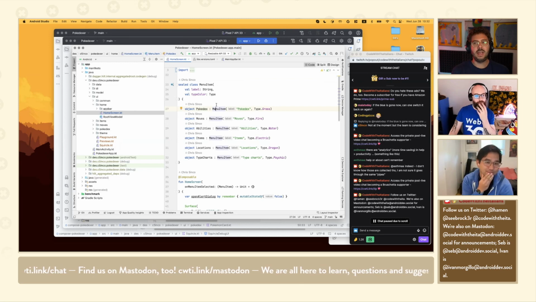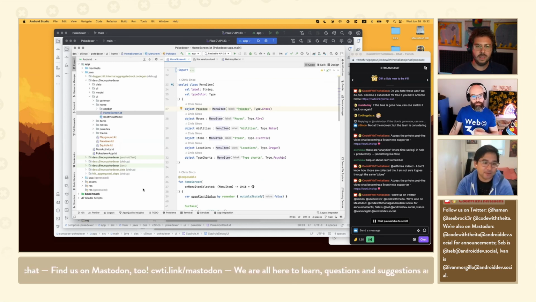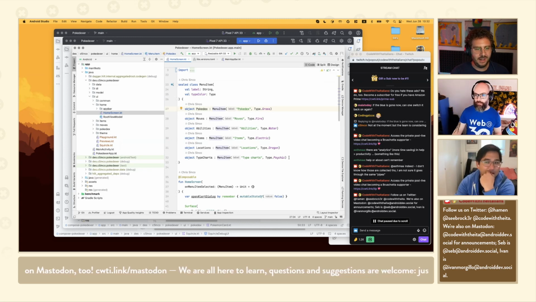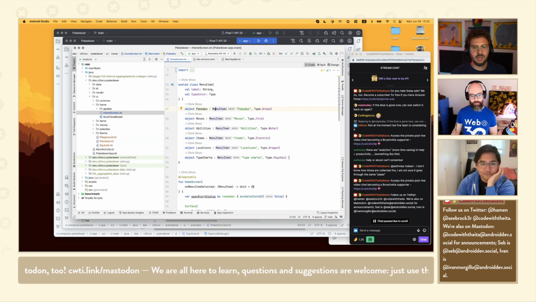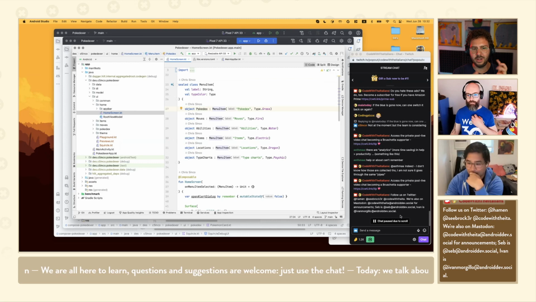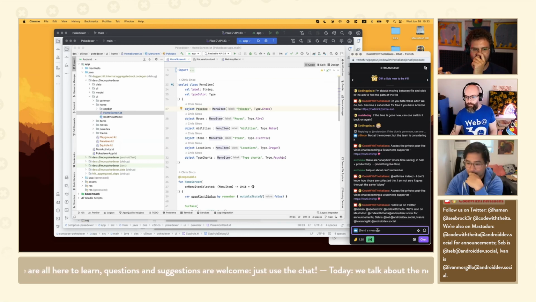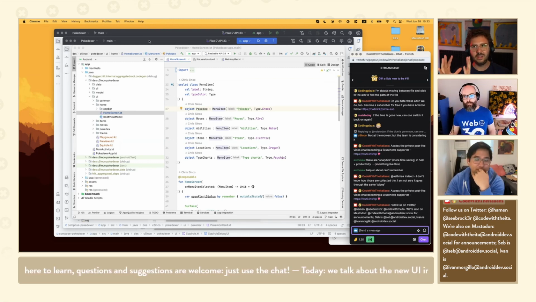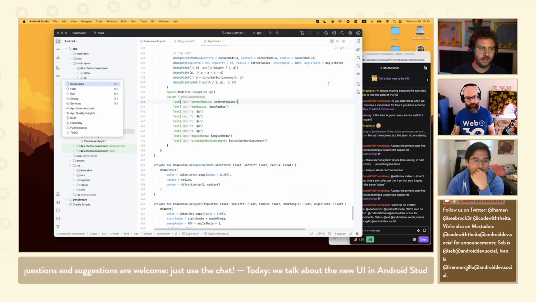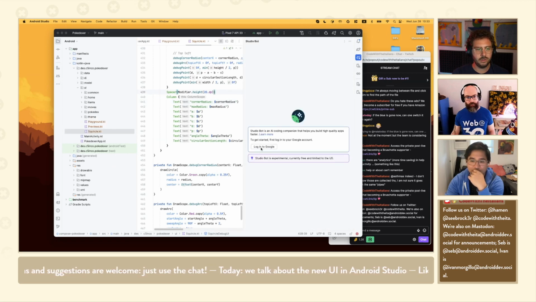As a plugin author, even in this case, I'm working on a plugin that is bundled with the IDE, but even just supporting the new UI, because StudioBot is mostly designed to work with the new UI. It will function if you're not using the new UI, but it looks much better with the new UI. And just even supporting dark theme and light theme changes at runtime, all of that is a pain. And if you also need to support the old UI, that means there is so much more